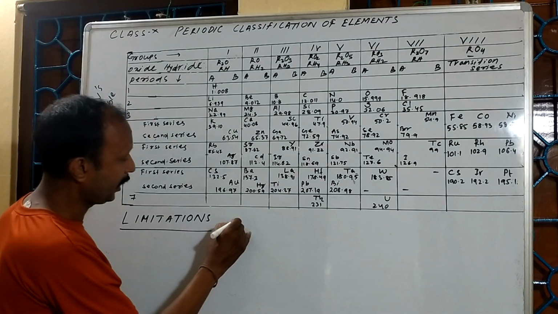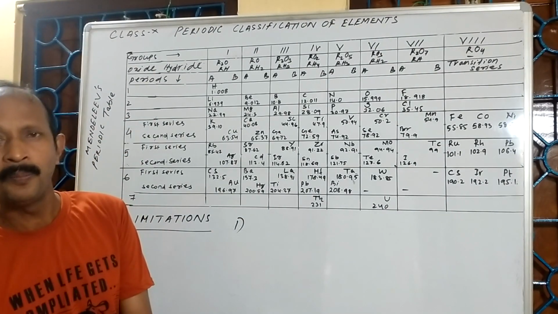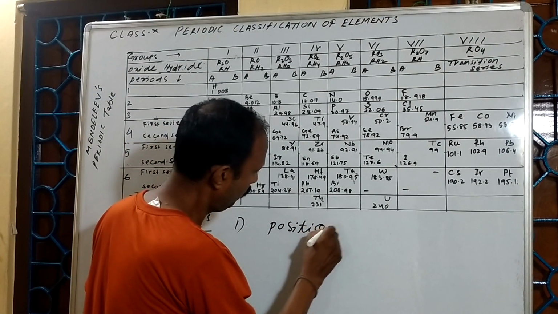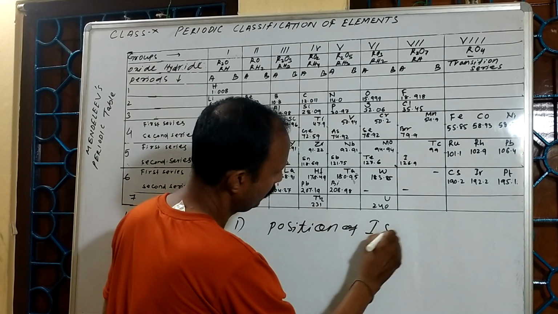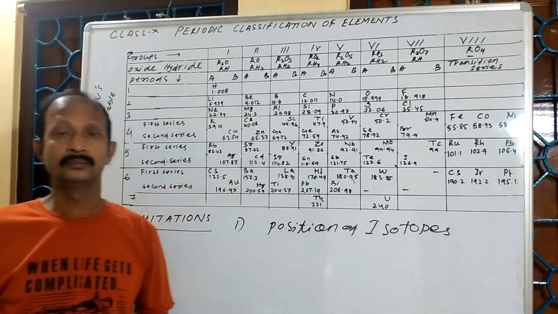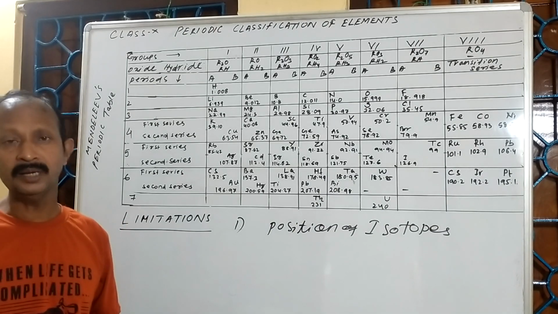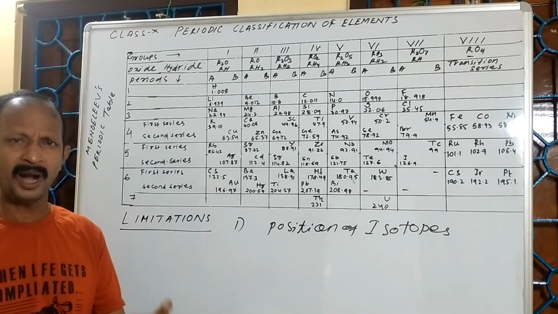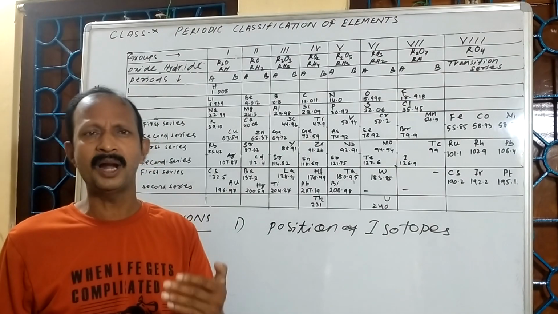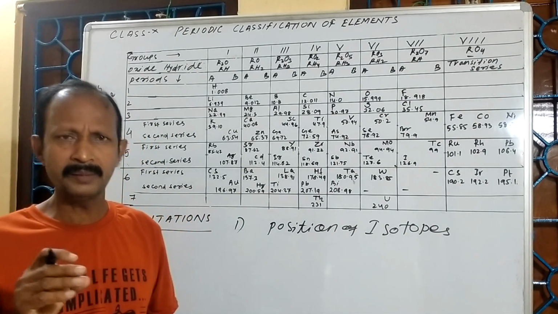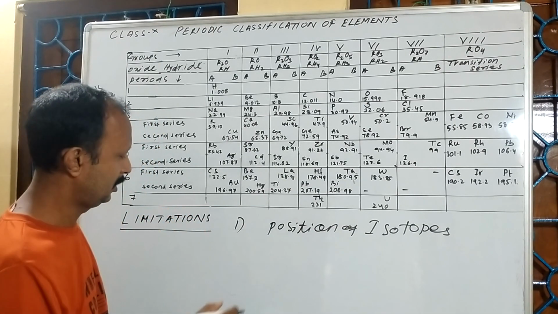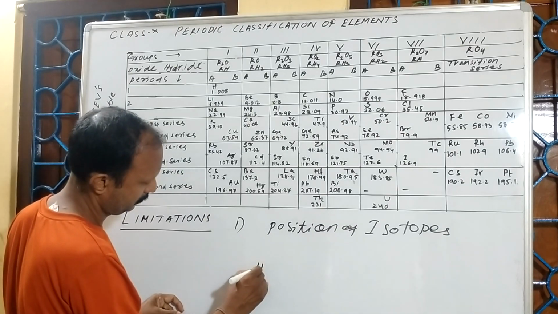So the second drawback is the position of isotopes. You know that atoms of the same element, or same atomic number, with different mass are called isotopes. For example, in case of hydrogen,